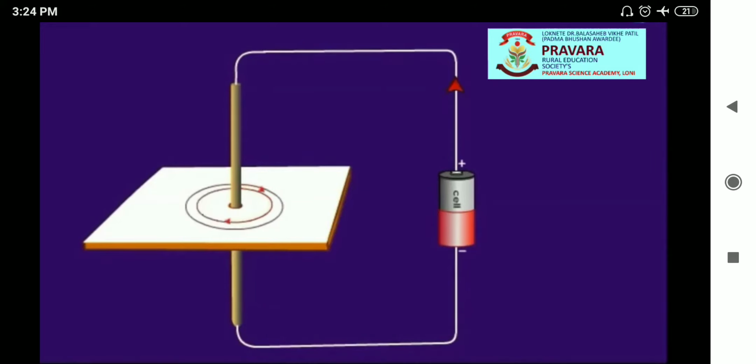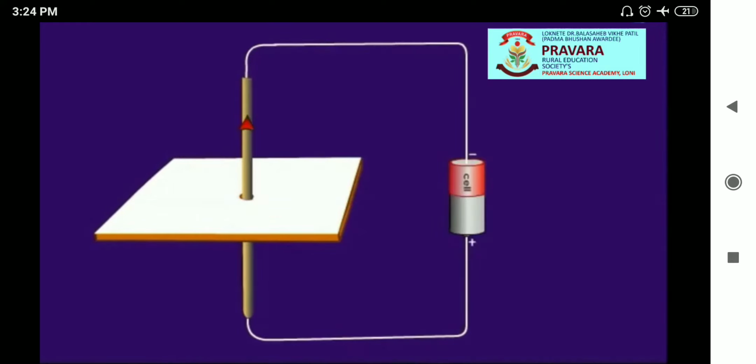It is observed that the lines of force are in the form of concentric circles. Here, the direction of the lines is clockwise. If we reverse the direction of current, the lines will be in the anti-clockwise sense. As well, if the strength of current is increased, the number of magnetic lines increases.